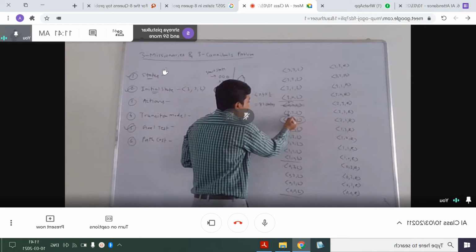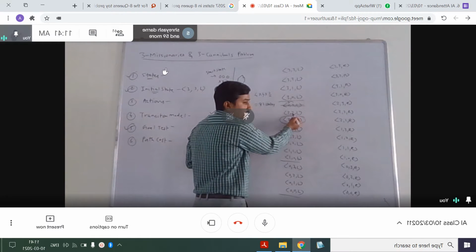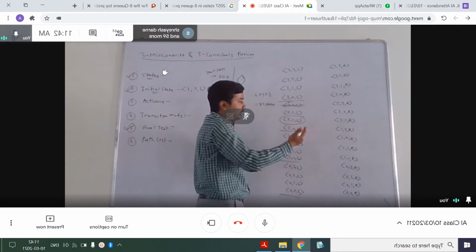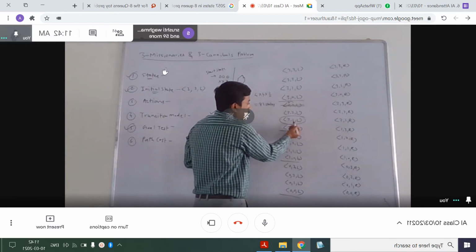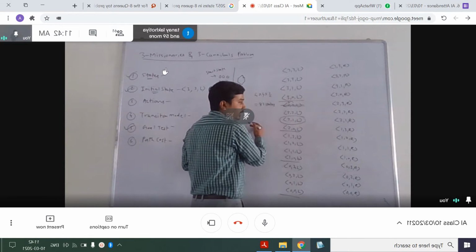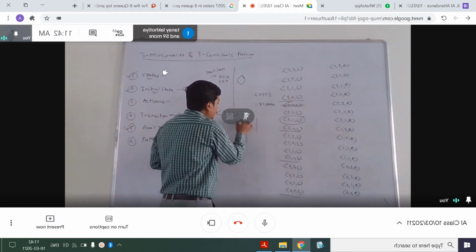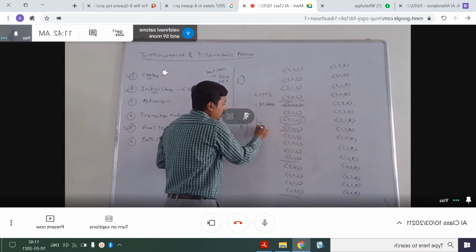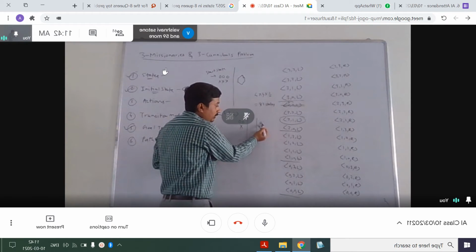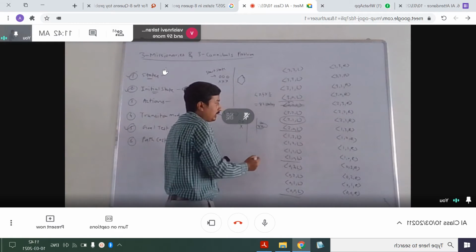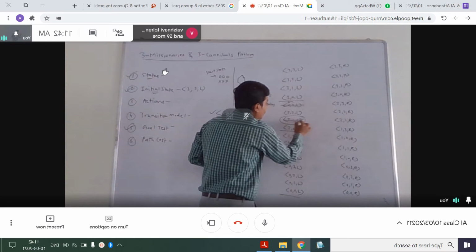What about 2 missionaries and 2 cannibals? We have an equal number. On the right side it will be 1 1, so this is allowed. Next, 2 1: 2 missionaries and 1 cannibal on the left side. It means that on the right side we will have 1 missionary and 2 cannibals. So these 2 cannibals will kill this missionary. So this is not allowed.